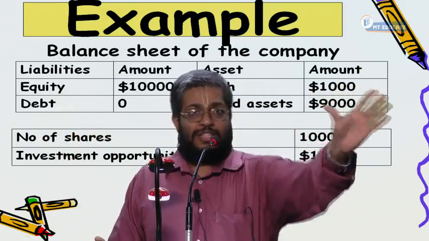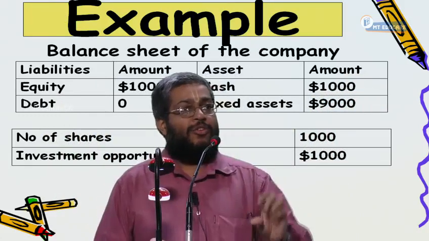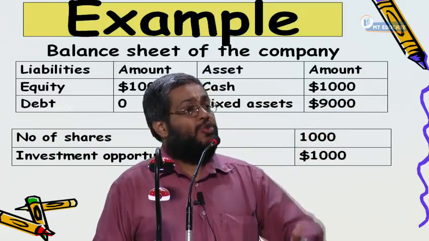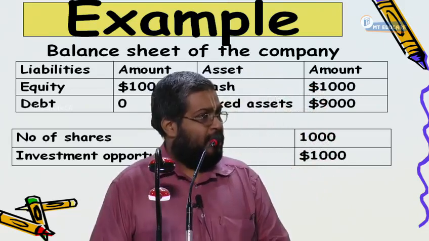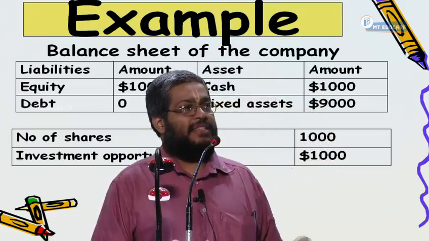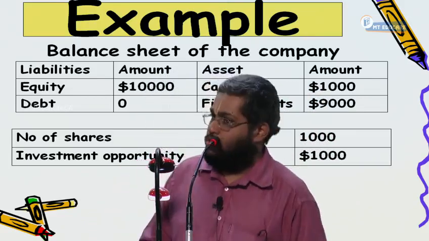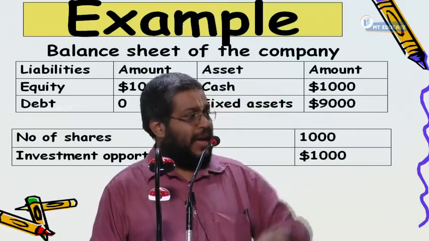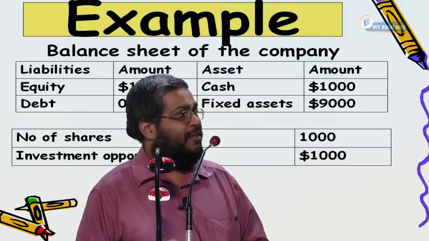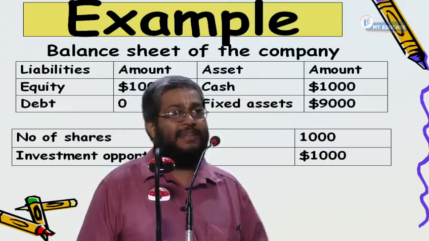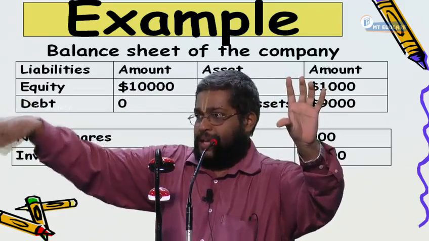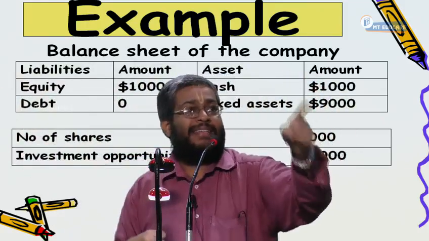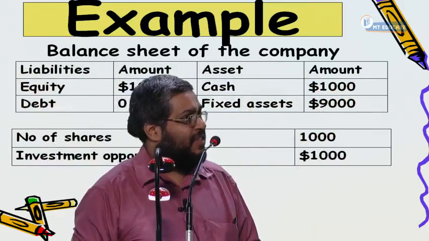I am having 1,000 shares. Very simple. They say Infosys, TCS, so much market capitalization. Reliance is having a market cap of 11,000 crores. Go and count the assets, it won't add up to 11,000 crores. How do they arrive at it? Very simple. How many shares are there in that company, into the current market price of the share. If I multiply, I get the market cap or market capitalization of the company, right or not?